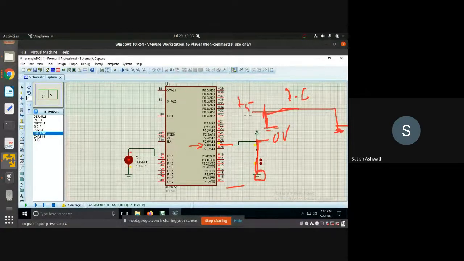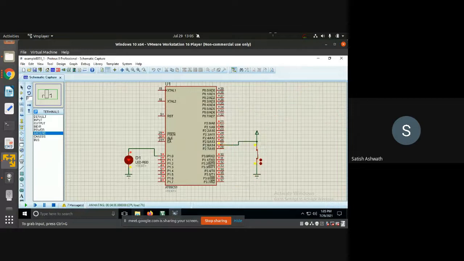Right. So there's a difference between where the ground is connected. When the switch is open, the ground is connected on this side of the 8051. When you close it, the ground is connected on the pin side itself. So obviously, you are going to read this as 0, and this other ground will not matter anymore because you're already reading a 0 here. You're basically shorting ground and ground, which is nothing. It does not make any difference to the pin at all. Right. So the idea is to measure the voltage here, and that voltage is what this reads. Because you are creating a short circuit, this point is going to read 0 volts.